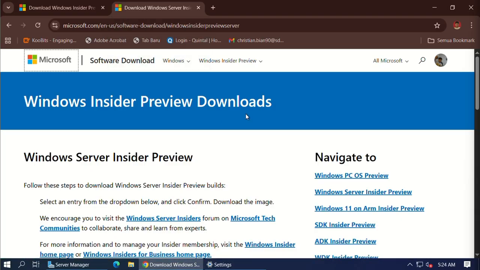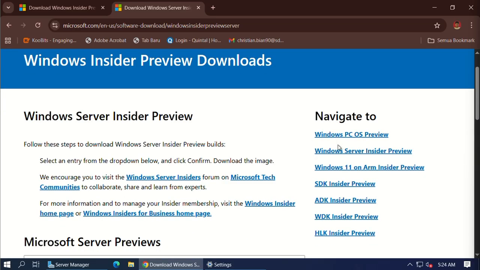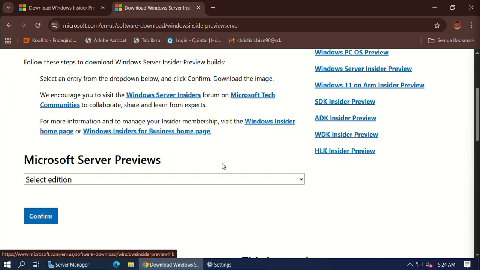So you can download the Windows Server 2025 Insider Preview from the Microsoft website. You must log in using your Microsoft account and select Windows Server Insider Preview.